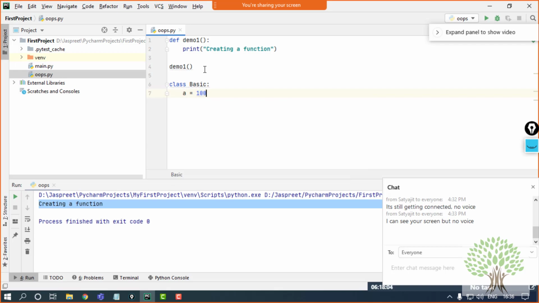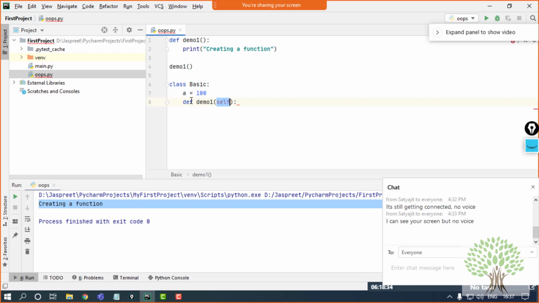So I can use this variable very well, fine, but to use this variable I have to make the function. I'll say def demo1. Now automatically a keyword comes up, that is the self keyword. This self keyword is going to help you to access the other functions that you are going to make inside the class and the class variables, whichever you will be making.